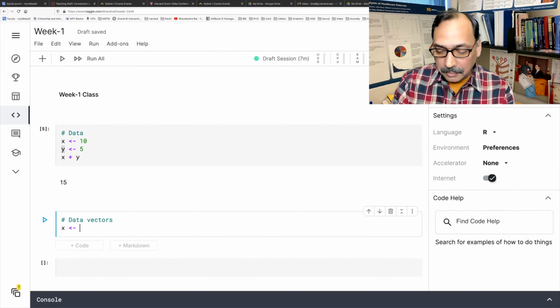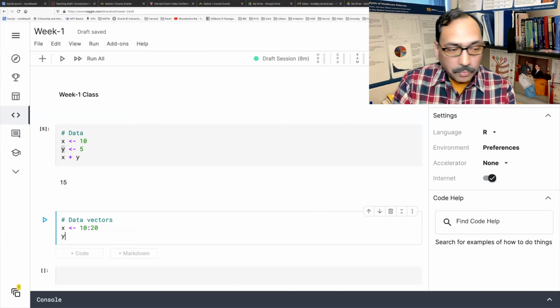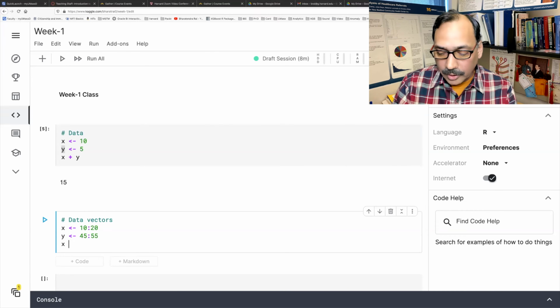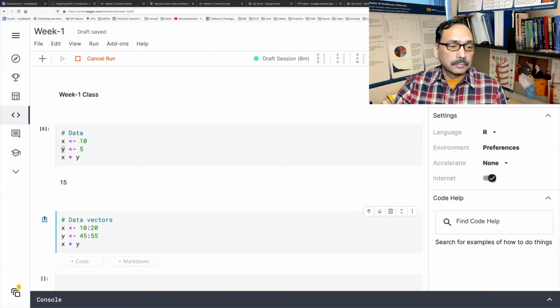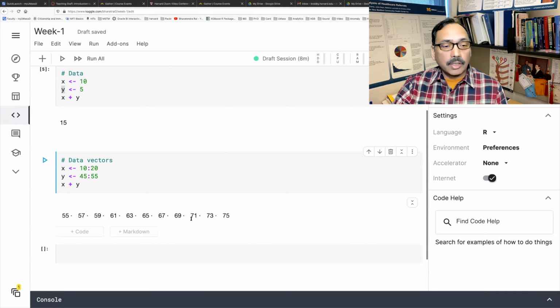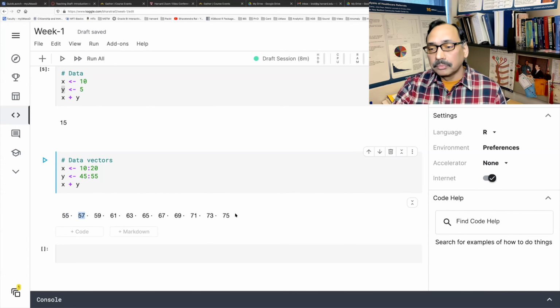X is 10 to 20, and Y is assigned values from maybe 45 to 55, and still we want to do X plus Y. So this is what it is going to give you. It will add 10 plus 45, so that's 55, and then 11 plus 46 becomes 57 and so on. So it will add all the corresponding values and give you the solution here.